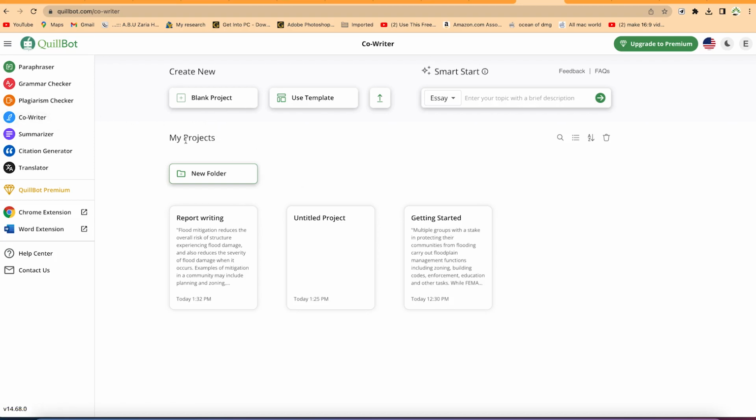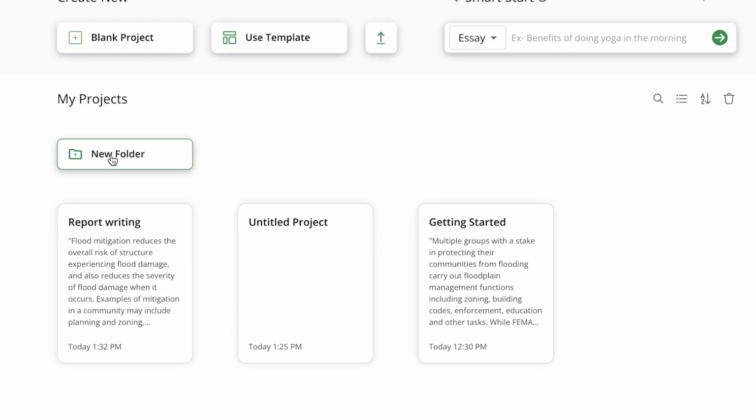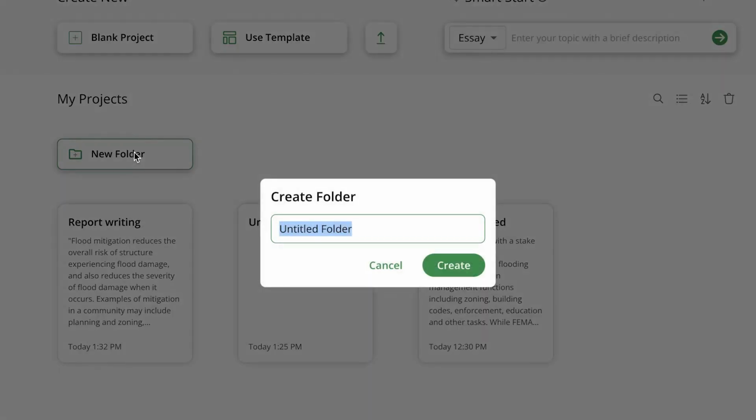So you can start from here, you can see available documents that you've worked on. You can find them over here, and you can create a folder where you can save all your write-ups. Maybe you can have your introduction in one file, your main content in another, and references in a separate file, but all of them located in the same folder. You can create a folder for a given project. For example, you can say create a folder, and you can say journal paper